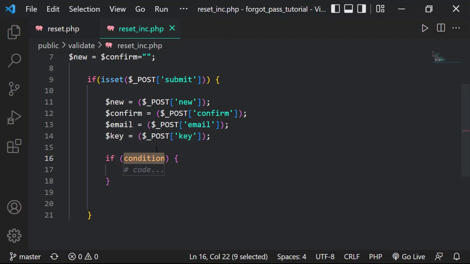So I'm going to say if, and the condition here will be if we don't have anything in the new password, that is, if we try to get the new password and we cannot get it, then we're going to echo